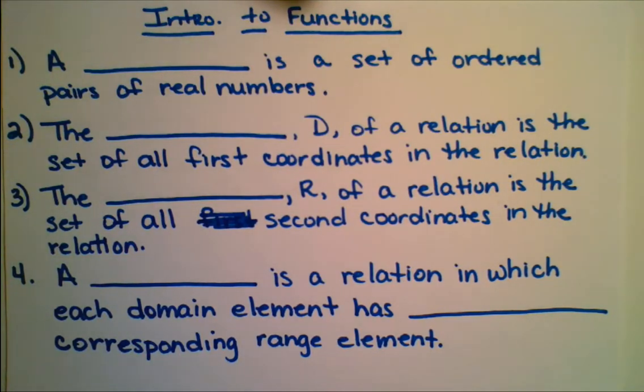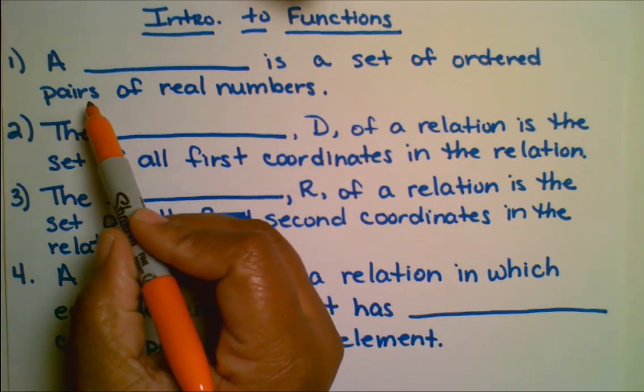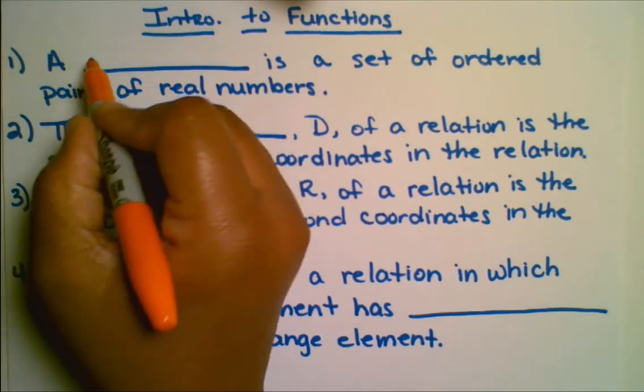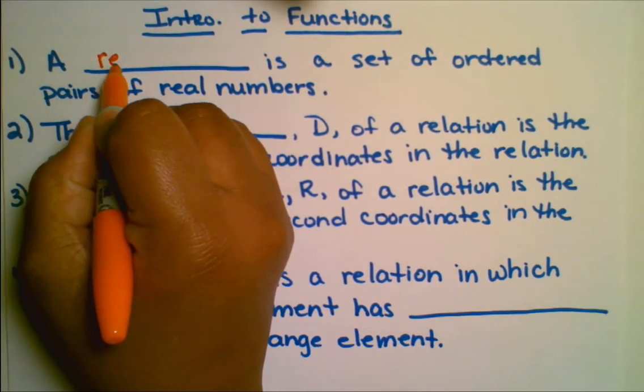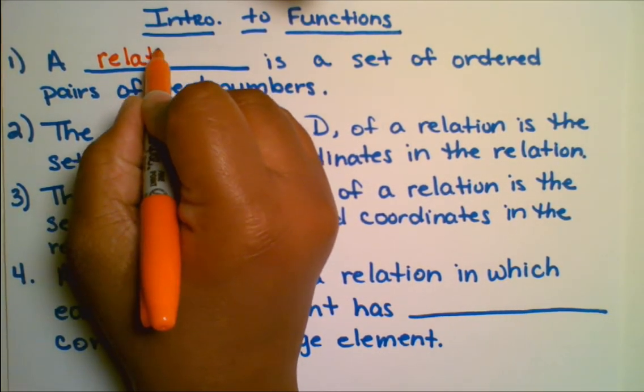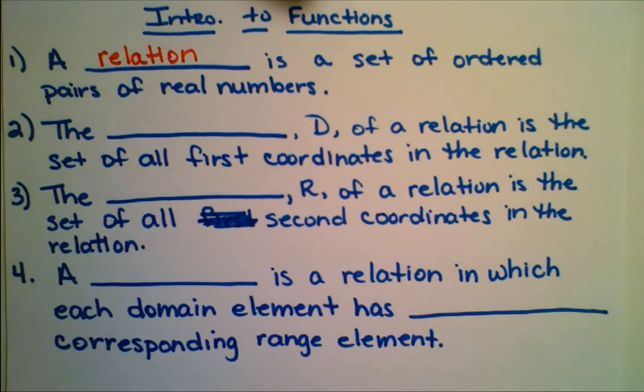All right, so we're going to look at introduction to functions. And first, let's look at some terminology about functions. For number one, a blank is a set of ordered pairs of real numbers. Well, a relation is a set of ordered pairs of real numbers. So take a look at example one,